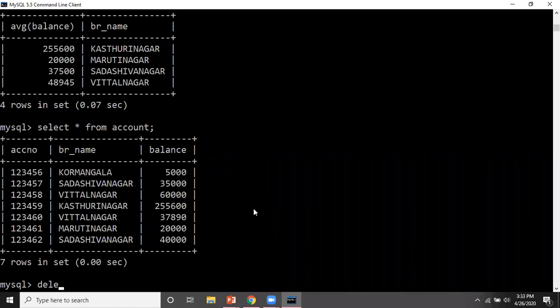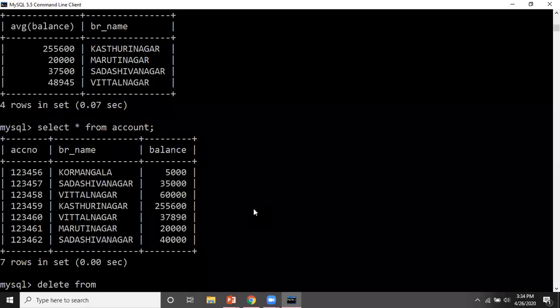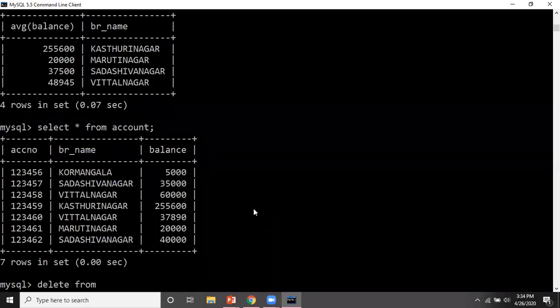So delete from, they are asking us to demonstrate how you delete all account tuples, that means the account table. So delete from account table name, where, now what is the condition? Br underscore name in, now what will be my internal query?